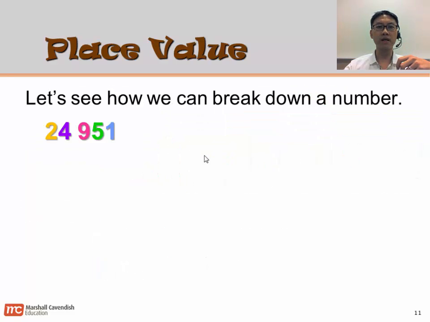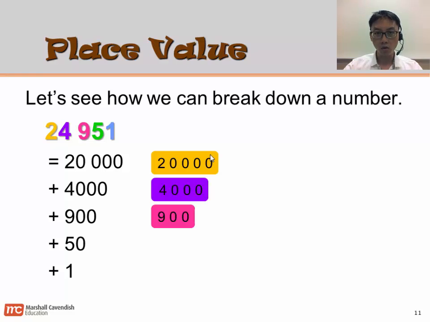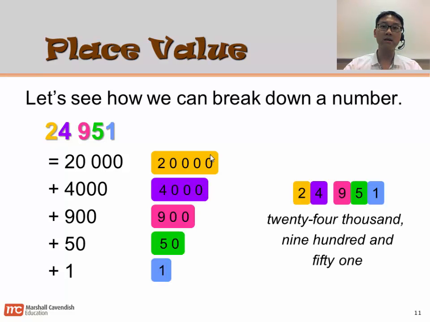So let's see how we can break down a number. I'm just going to go through this very quickly. 24,951 can be broken down into 20,000 plus 4,000 plus 900 plus 50 plus 1. When we add them all up, we will get this number,